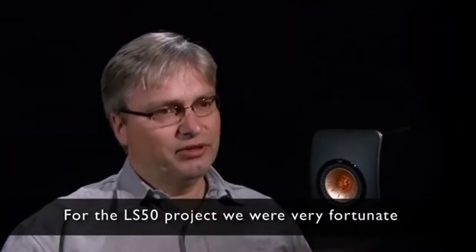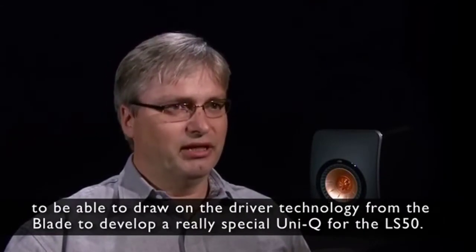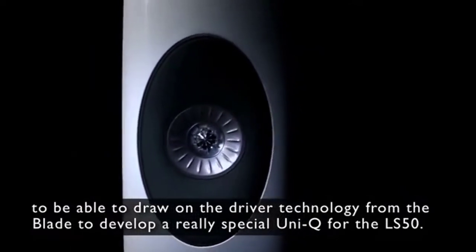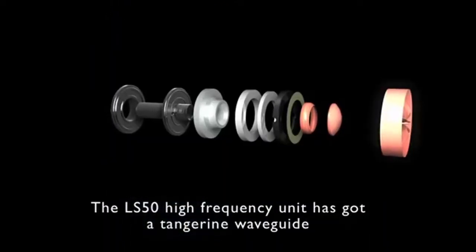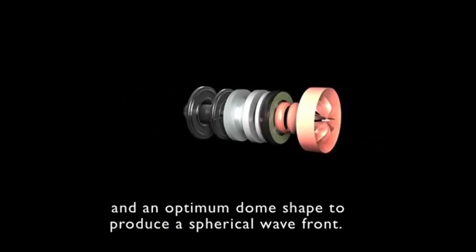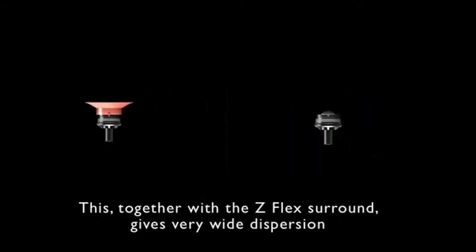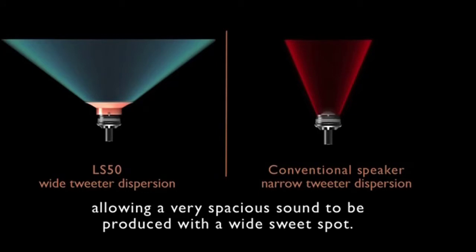For the LS50 project, we were very fortunate to be able to draw on the driver technology from the Blade to develop a really special Uni-Q for the LS50. The LS50 high frequency unit has got a tangerine waveguide and optimum dome shape to reduce a spherical wavefront. This together with the Z-Flex surround gives very wide dispersion, allowing a very spacious sound to be produced with a